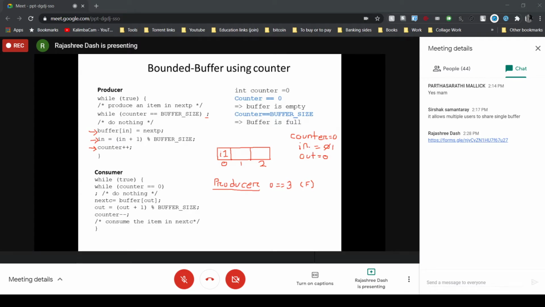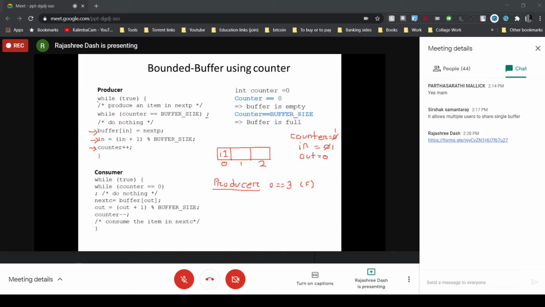Counter plus plus. So now the counter value is incremented to 1. The counter keeps track of how many items are there in the buffer. So there is one item in the buffer, so the counter value is also 1.